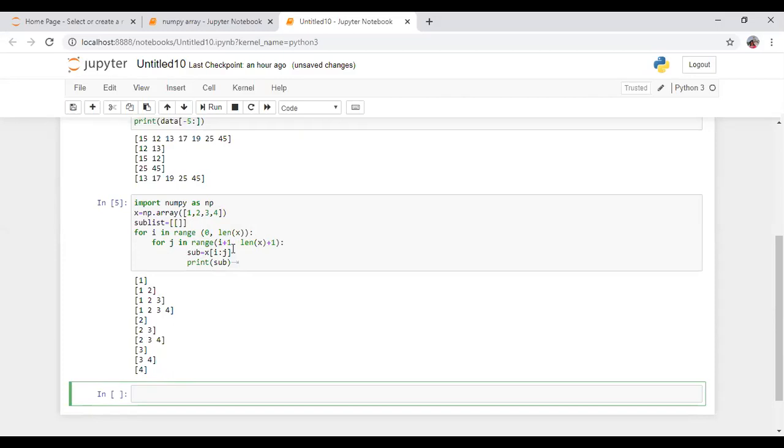So please try such small programs using Jupyter Notebook. Also you can do it in direct Python, but there you have to import NumPy first. You have to install NumPy in your command prompt, and in Jupyter Notebook there is no need to download anything. All the libraries which are included in Python